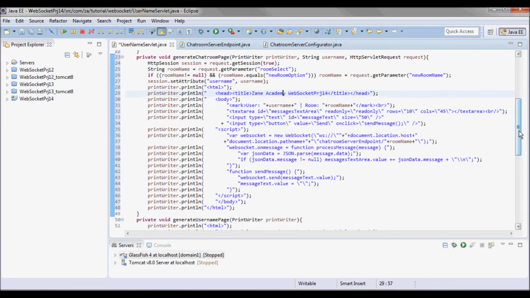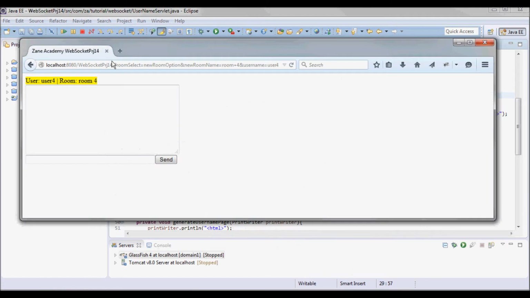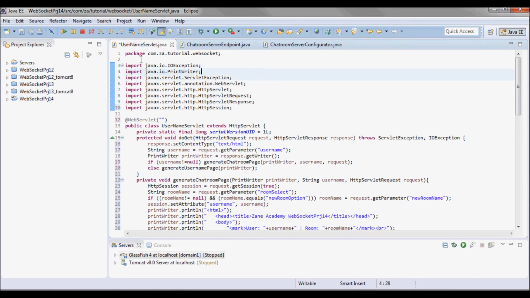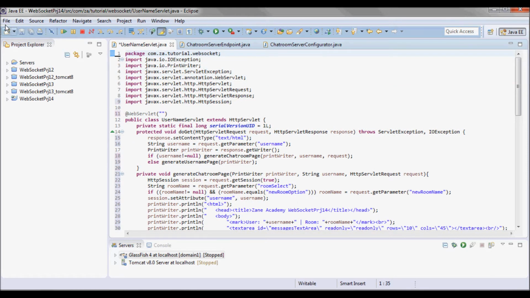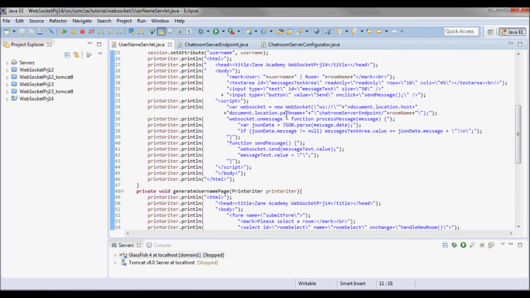So this code, and I want to access it without a servlet name here. So let's go here and remove this. And this basically finishes the servlet.